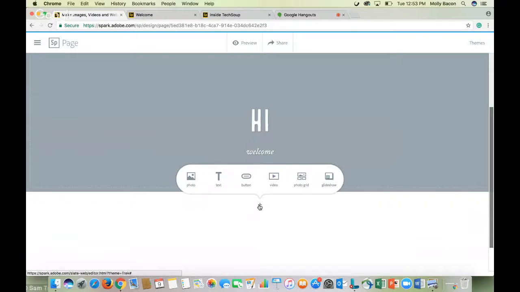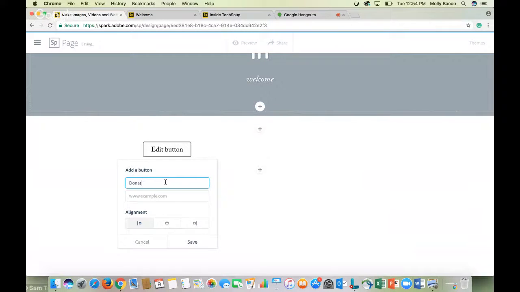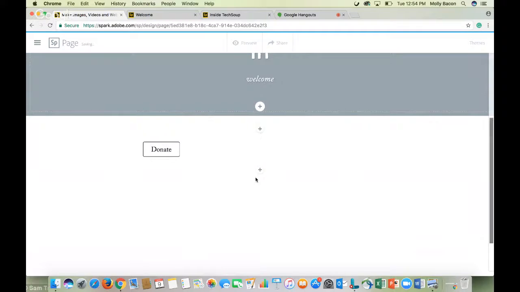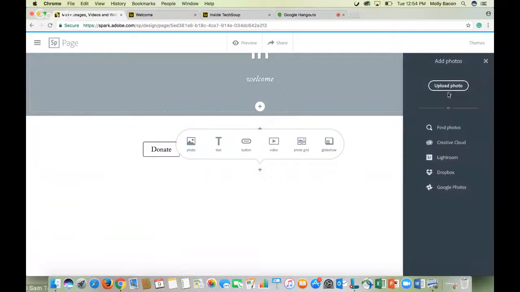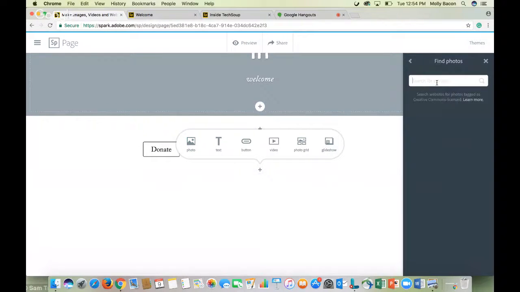And then here you can add a video from YouTube. You can't actually upload a video to this one, but you can create a Spark video and then add the link here. A button, so that's how people are doing their donate page. So you can add donate and you link it back to your website. You can add, again, a photo. So we're going to go find that free photo,